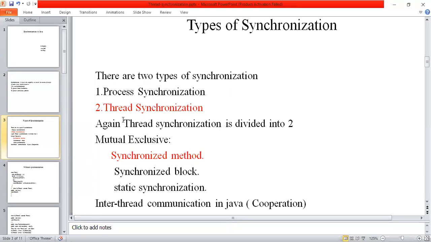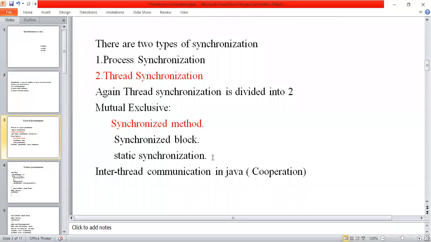So in our syllabus, we have only thread synchronization. Thread synchronization is again divided into two categories: mutual exclusion and inter-thread communication. Mutual exclusion is again divided into three categories: synchronized method, synchronized block, and static synchronization. In my example, I am explaining only the synchronized method.